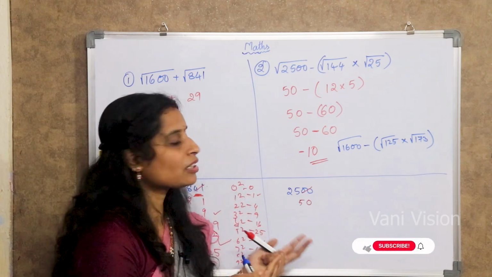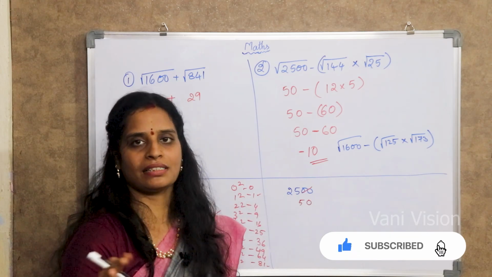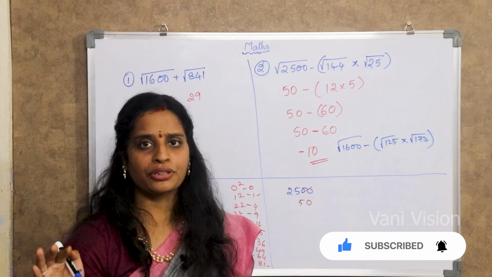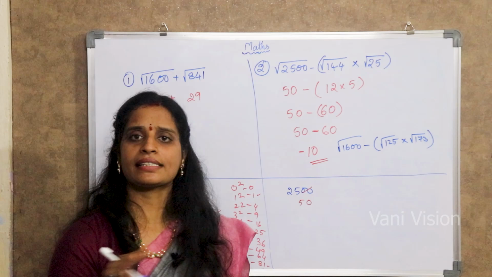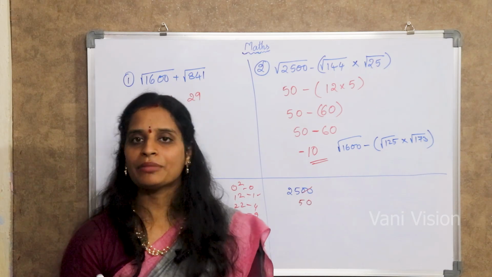I hope you all understood the concept, how we have done the problems. You can take a number of examples of the same kind with different numbers. Take square roots and solve them, then you will understand the concept clearly. If you have any doubts in it, comment to me. I am here to help you out in solving your questions.